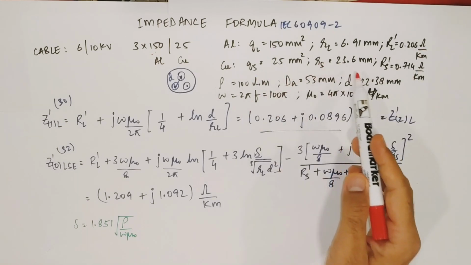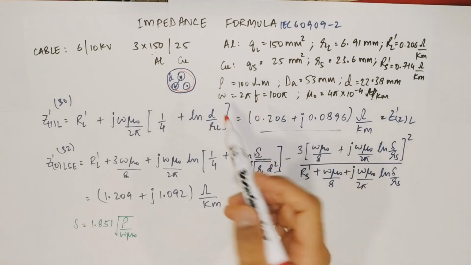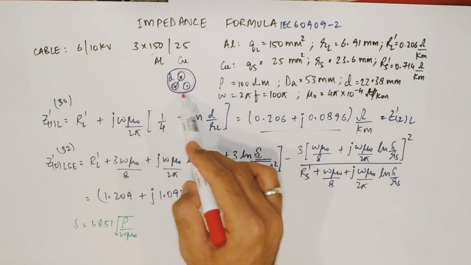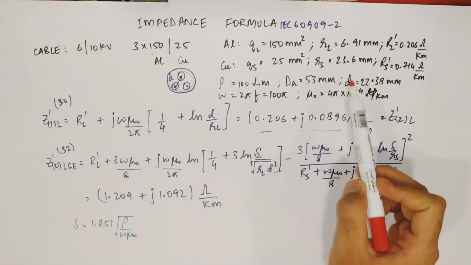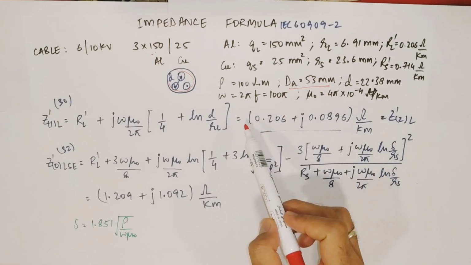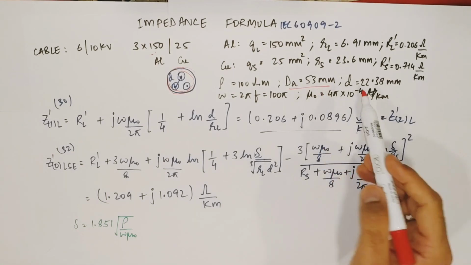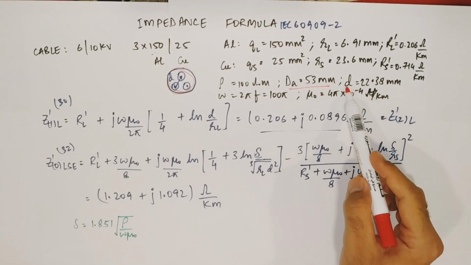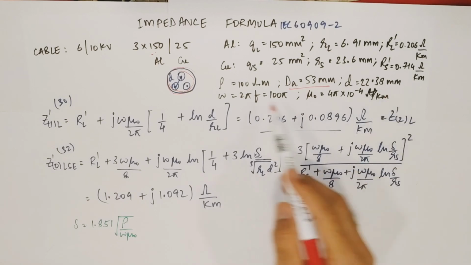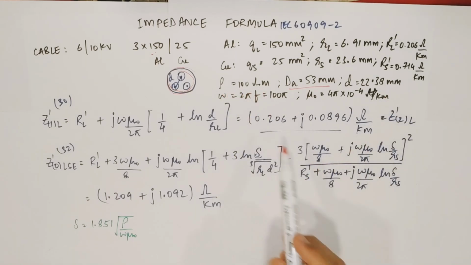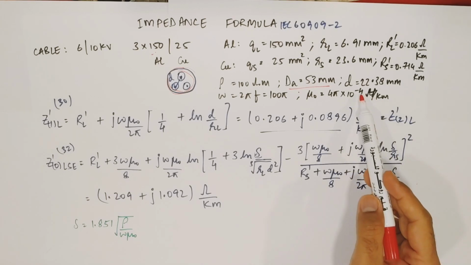Here RS is the sheath radius. The sheath is generally the outer metallic sheath, not the PE sheath, the black one, but just before that, the armor and the lead alloy sheath. This has a radius of 23.6 mm, the outer diameter being 53. This will be your outer diameter, which is the black part or the outer covering. And then D is the distance between the two cores, which is 22.38, and the resistivity is 100 ohm meter, and these are the values, and mu is 4 pi 10 to the power minus 4 Henry per kilometer. In case of meter, it is 10 to the power minus 7.